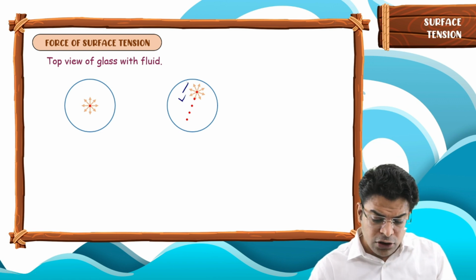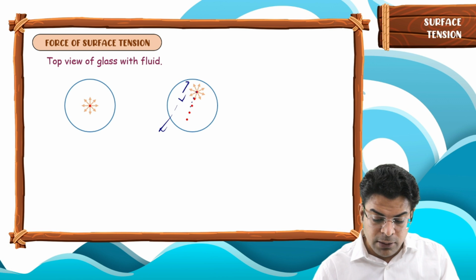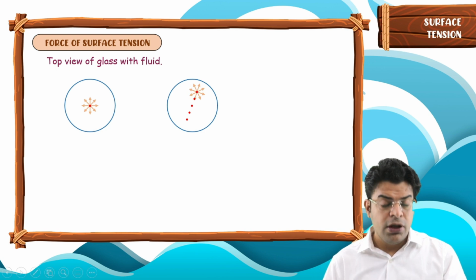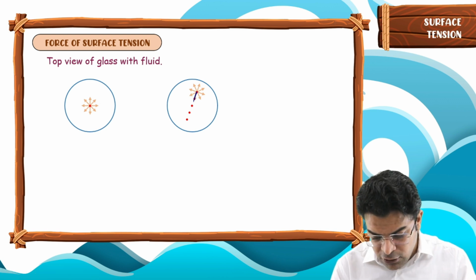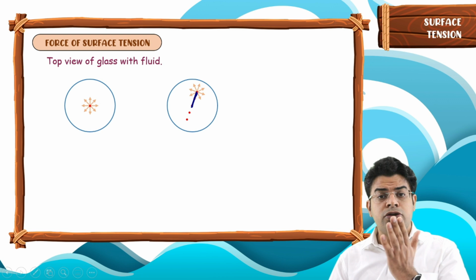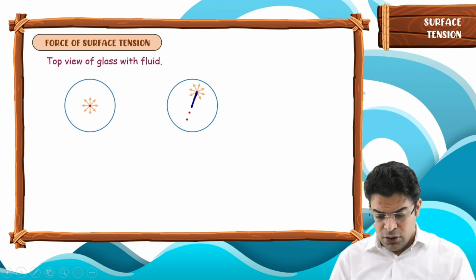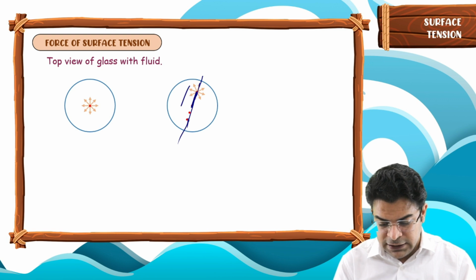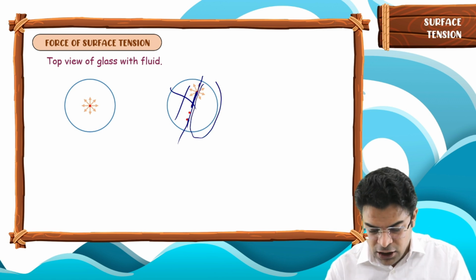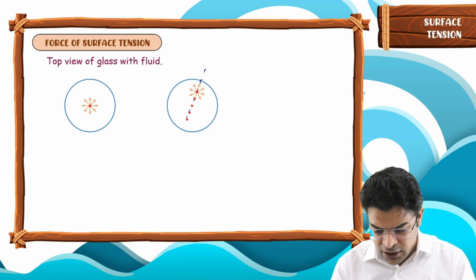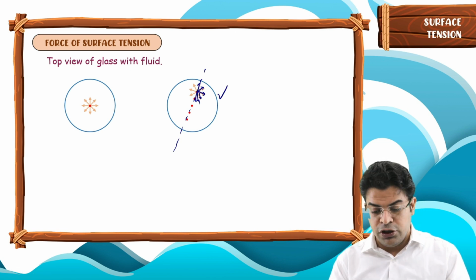The greater the length of the line you choose, the more will be the number of molecules. The smaller the length of the line you choose, the lesser will be the number of molecules. When we write the force of surface tension, we write the force of surface tension on one line of molecules due to the molecules present on one side of it. So now forget this half. Just visualize what will be the force of surface tension due to the other half. So you will say, sir, due to the right half of this line, on this single molecule, there will be forces here. So these are the forces only due to the molecules present on the right half.